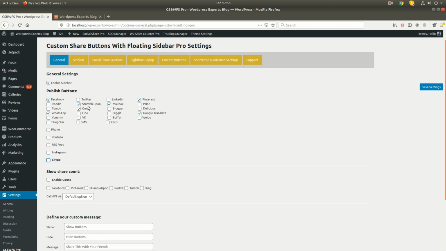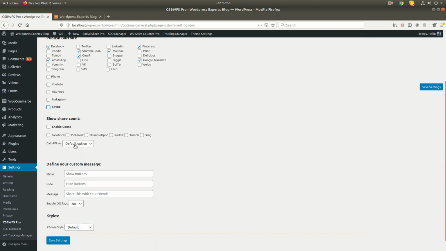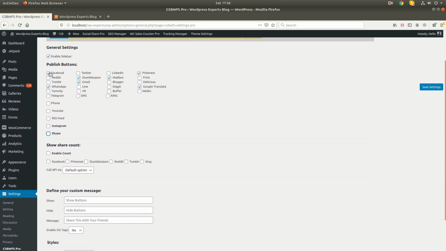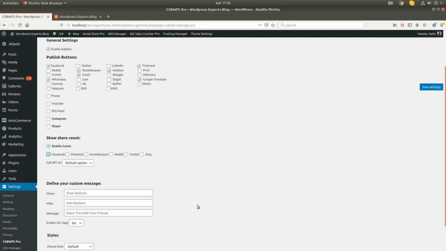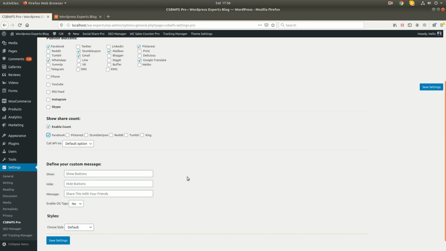let me save the settings. For example, I have selected the Facebook button. Okay, so I am going to enable it and enable the count button for Facebook.